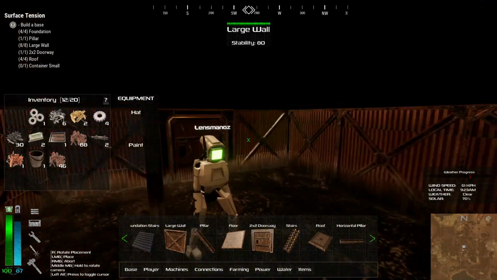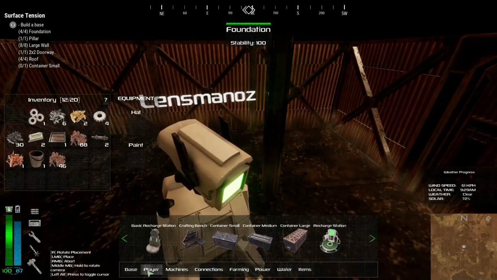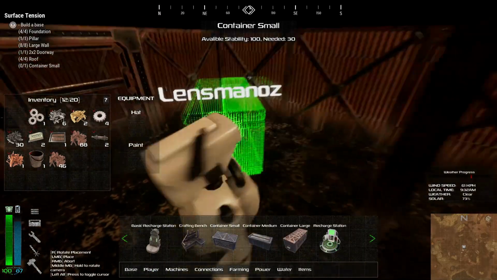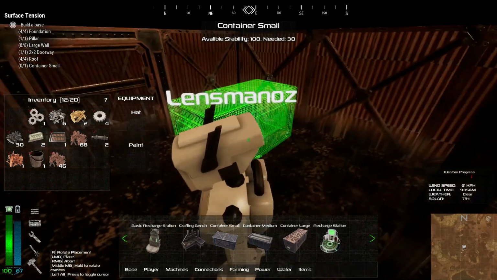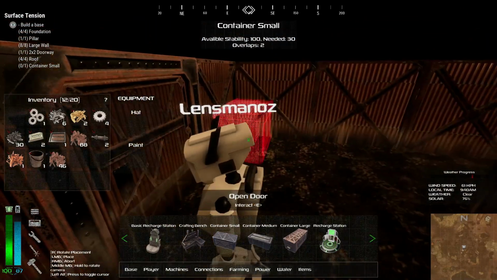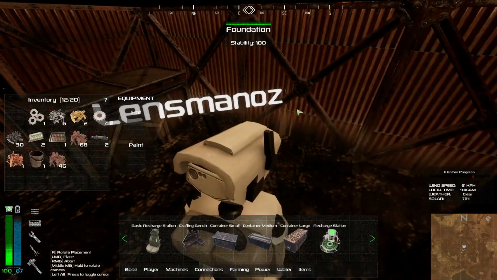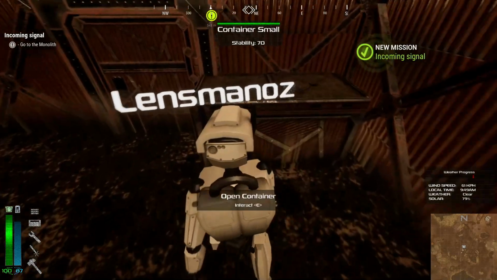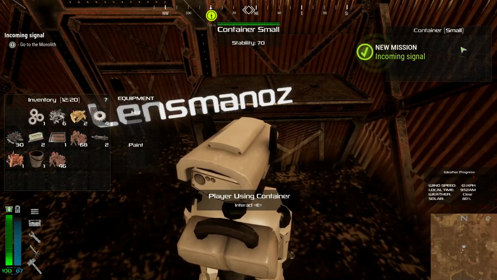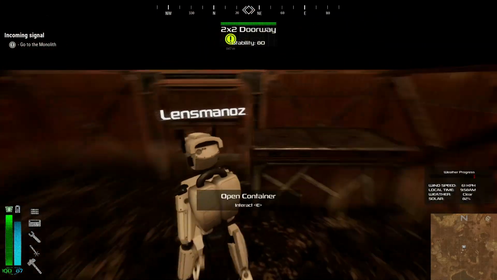There we go. Rear enclosed. And a container small. So that's probably under player. Can I get that closer? Guess that's the... Yep, there we go. Rid of that window. Open the container and it's got some space. Go to the monolith. So this is where I got to...